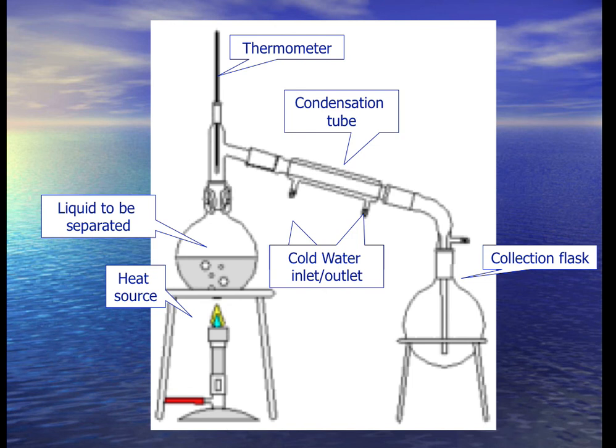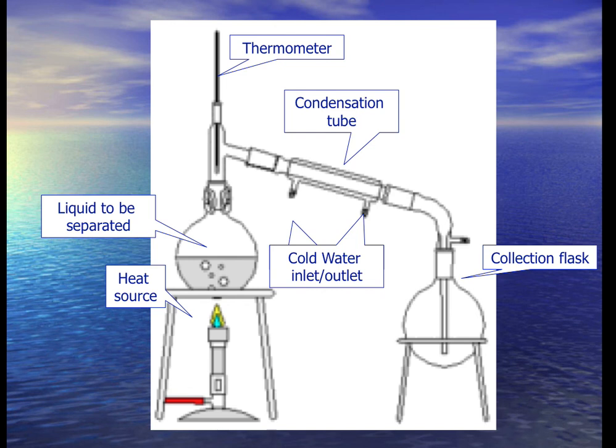So it does depend on temperature. So you can't just crank that up there and expect it to separate. You have to monitor the temperature, or you can just boil everything in there. And then we have our condensation tube. So we have cold water going in the upper area where that little spout's sticking out, and then it runs out the bottom of it. And some people hook it so the bottom is the inlet, and then it runs out the top, so that way the tube feels better and it's completely surrounded.